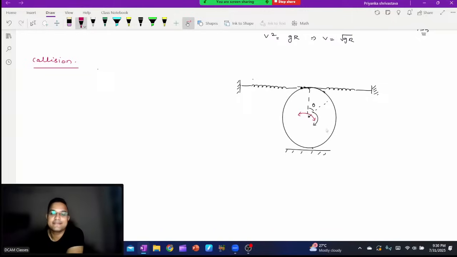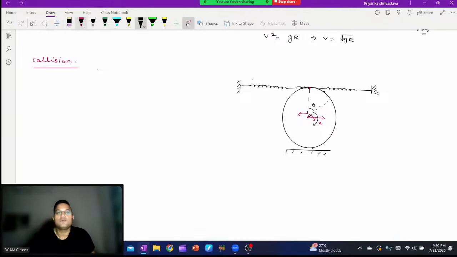Here you have to have very good knowledge of translation plus rotation motion, because when it is rotating, it is doing the translation motion also by some distance, and it is rotating as well. So these two, it's not that difficult, but you have to be very clear in the concept. I'll give you this type of question to solve, but actually the physics becomes complete once you get to know this rotation part.